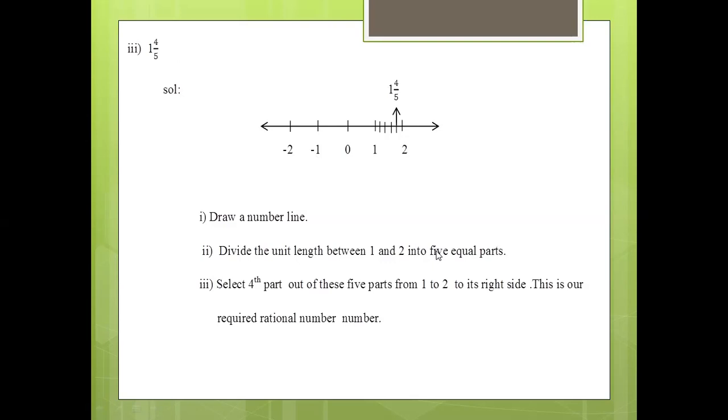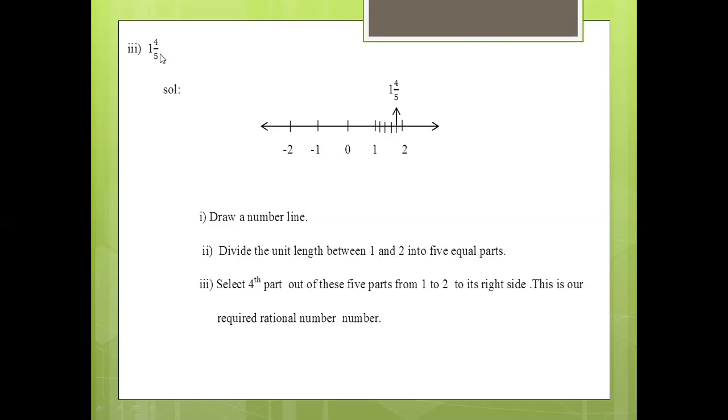So you select any number as 0, the second number is 1, and the third number is 2, like this. And similarly at the left hand side, the negative numbers, you can plot it with your ruler. So draw a number line, and after that divide the unit length between 1 and